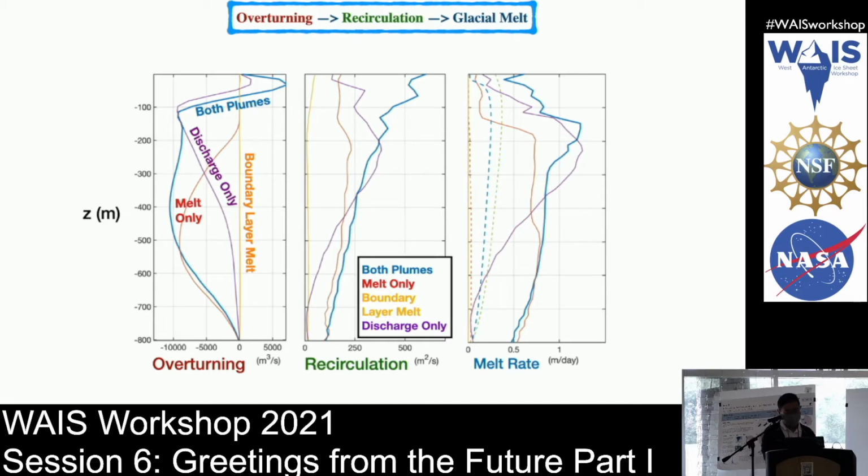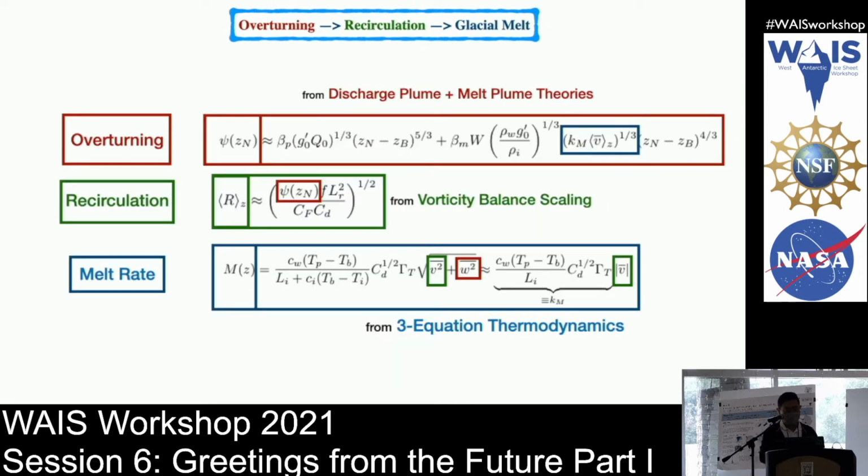So I guess directing your attention to the overturning plot on the left, you can see that if I decompose the whole overturning circulation into a case with just discharge and a case with melt only, once I add both plumes, the overturning circulation is more or less the sum of both of them, and the melt-only case accounts for the majority of the deep circulation. So, I guess takeaways from this are that if you look at the deep ocean circulation, you care more about the melt plumes. Just to motivate this with some equations, I know no one can comprehend these equations in 10, 15 seconds,